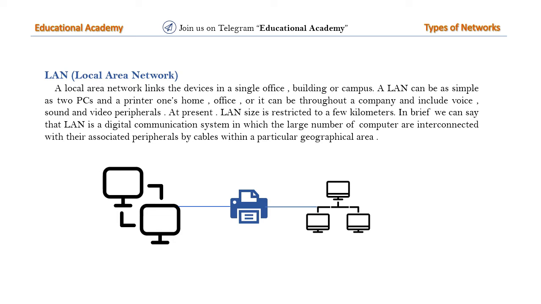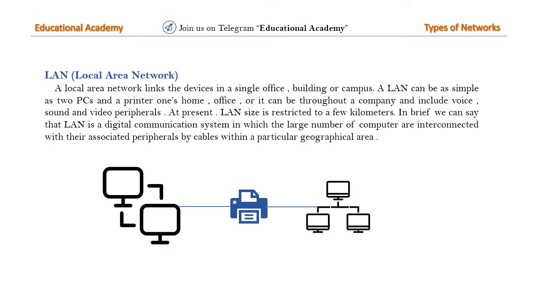Okay, so the transformation of information, like in the form of audio files or video files, that are files which we can represent as digitalized, so that transformation of information is known as a digital communication system. Okay, so whenever we are connecting two systems to each other and transferring any files, and both systems are connected with a cable, we can say it is a local area network.